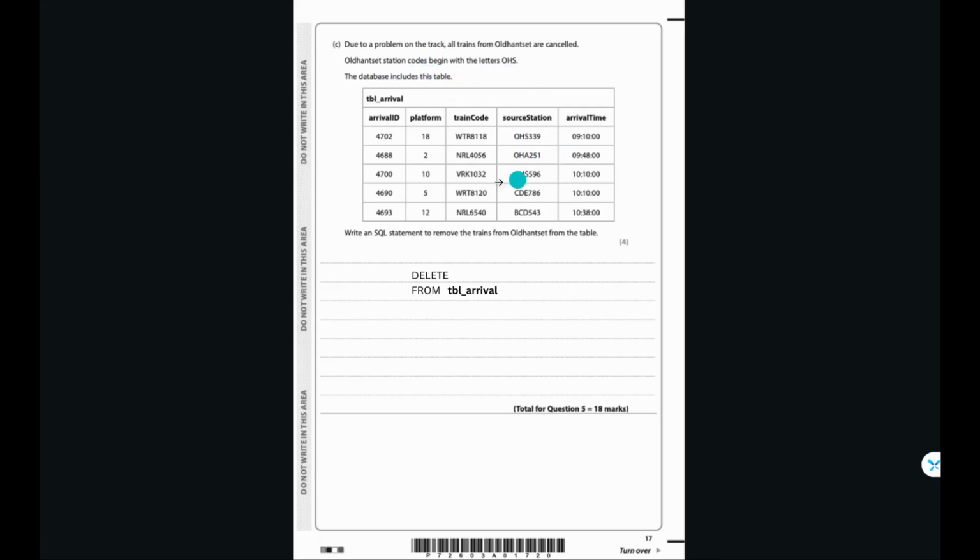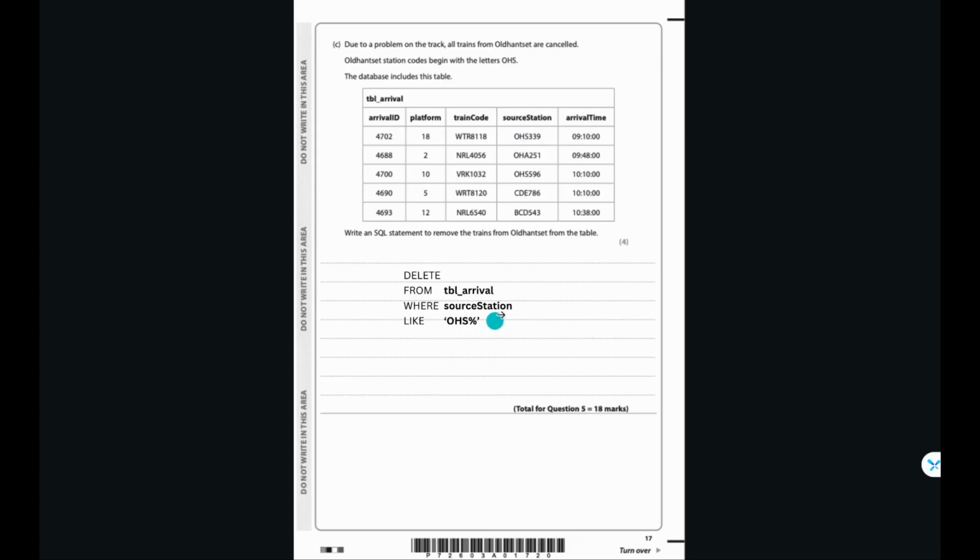That means we have to find all the codes that start with it. So the answer will be where source station. This is the source station, right? From the table arrival, the column or the field source station equals to, or maybe you can write like,